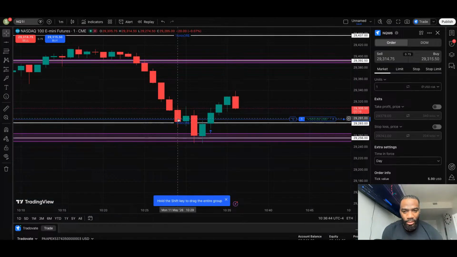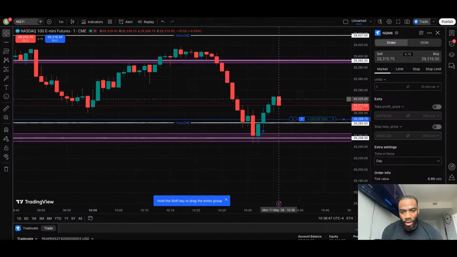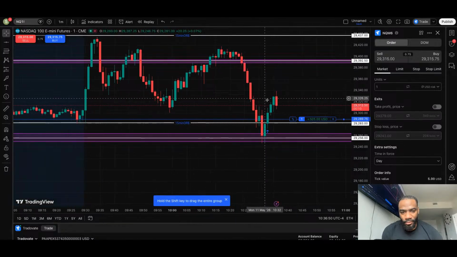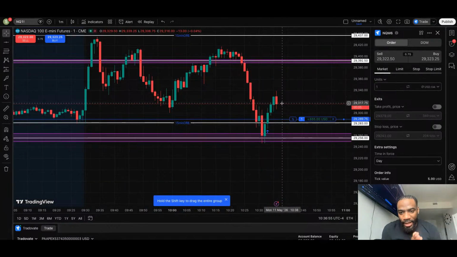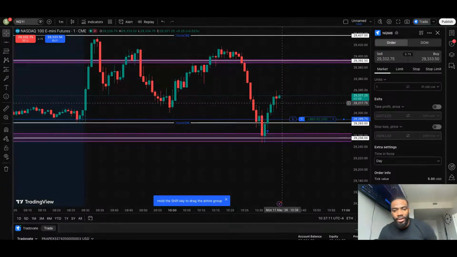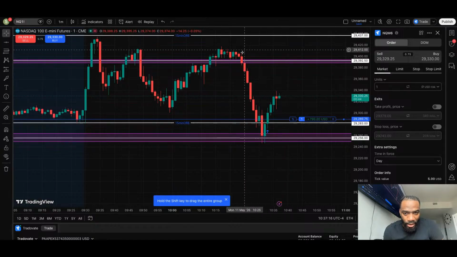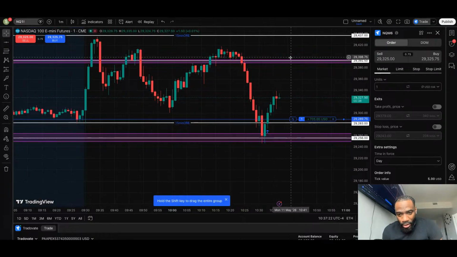But sellers are trying to come back in, but you know, this is like an area. Like I said, right now, if I was a beginner, I would have just taken my money. But just because I kind of have an understanding of how candlesticks move, I see that the buyers still are in control. And like I said, it's probably not going to be until the market moves all the way back up here before it decides to sell again or continue to buy.